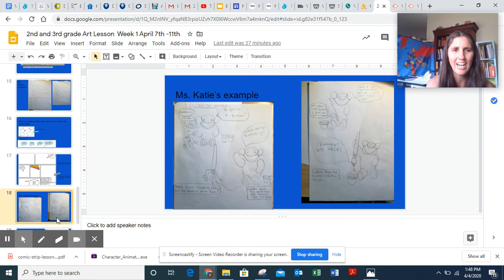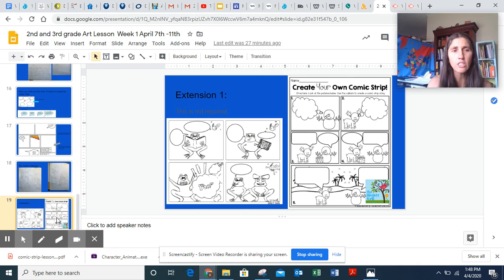Okay. So here's some extension work for you guys. After you're done, I'd love you to share it with me. Here's some extension work that you can use to better understand speech bubbles and thought bubbles: make up your own story. I'll add in where you should send this to, but you can either email it or text